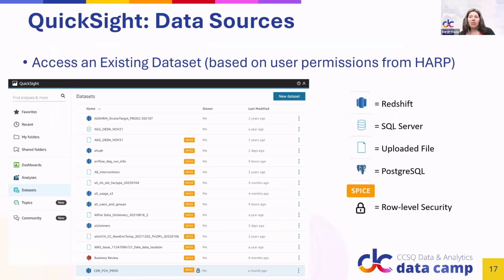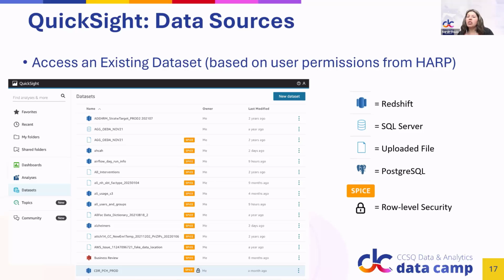All right, so now you're a dashboard developer or a dashboard author, so you have the ability to create data sets. And when you go and select data sets, you'll have to request this permission from HARP. So based upon your HARP permissions, you'll see a whole bunch of data sets. Either these are data sets that were created by others in your shared folder, or things that we've set up direct access to, like an external server for your group. They have little icons next to the names so you can understand and see what the difference is between them.